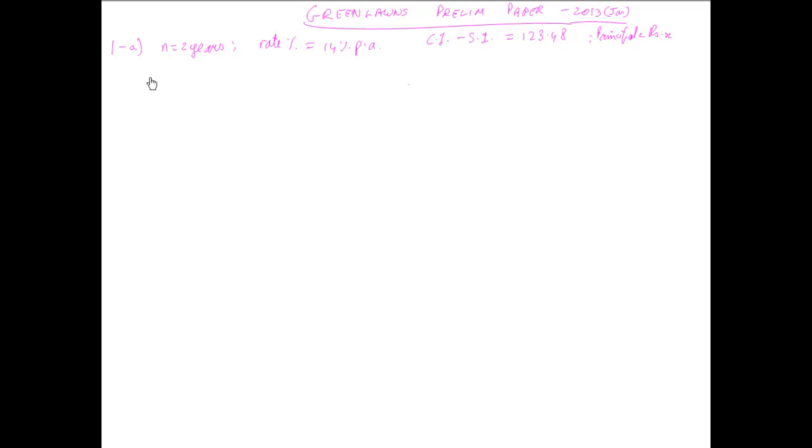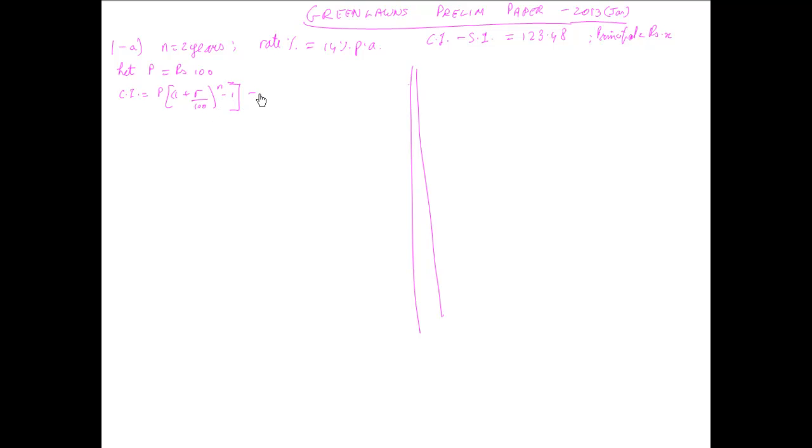Now children, once we have that, we can use two methods. One is the formula method and one is the 100 method. I'm going to show you both. First I'll show you the 100 method because I feel that will be slightly easier. Let principal be rupees 100. So compound interest, which is given by the formula P times (1 plus R upon 100) to the power of N